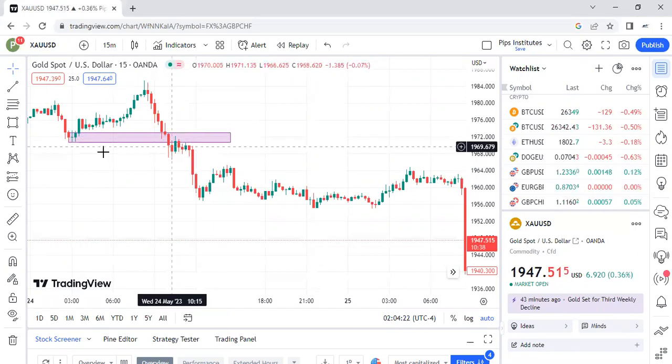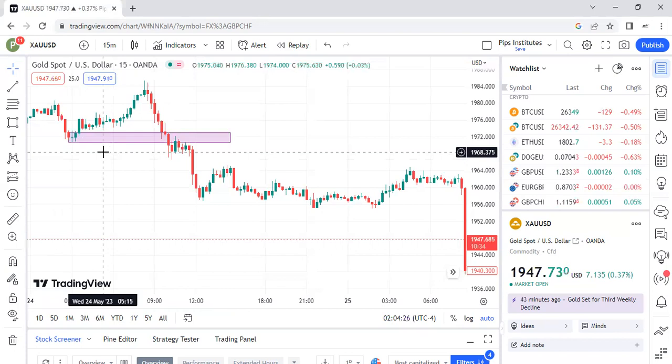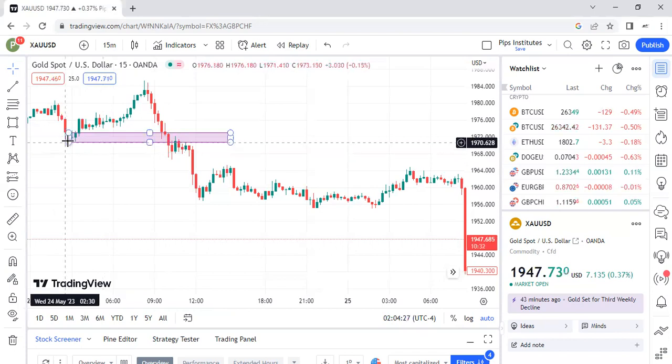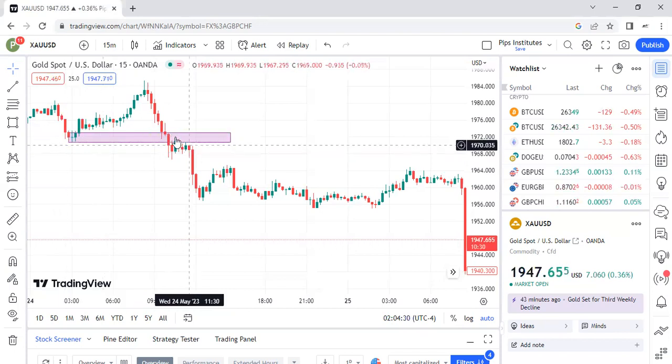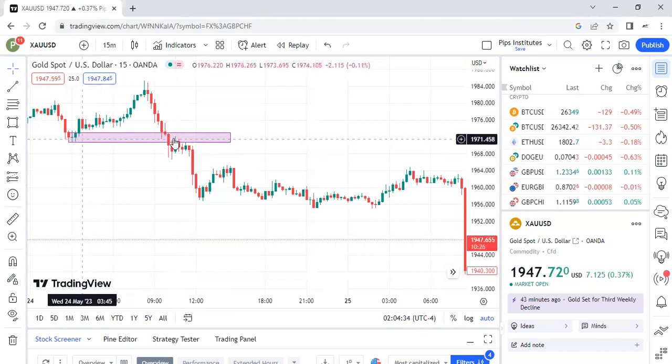So now I'm going to tell you something, please. It is not necessary that it has to come back and hit the breaker block at the highest top. You just need it to be around that area. So even if it hit the tip,